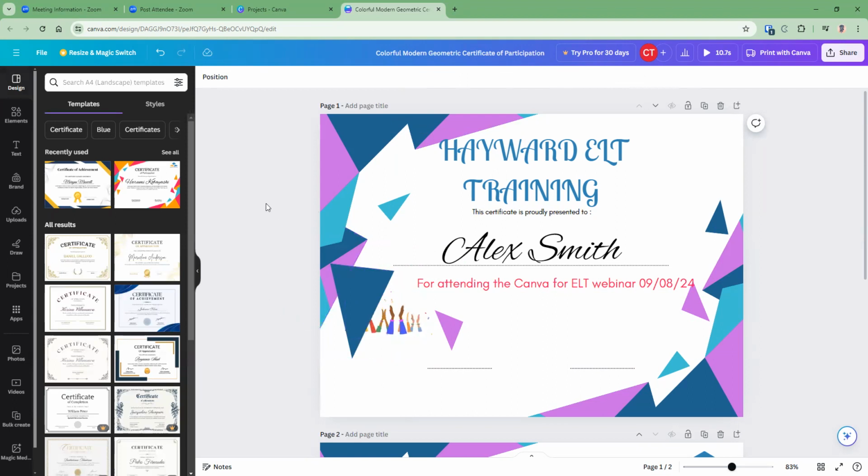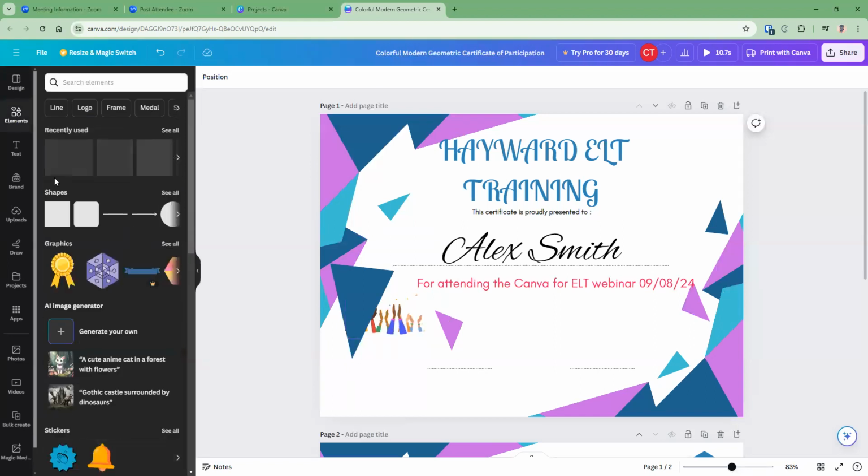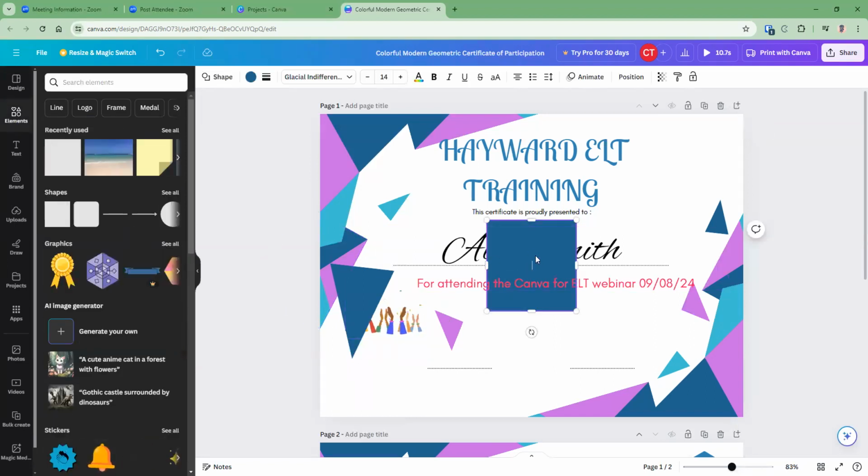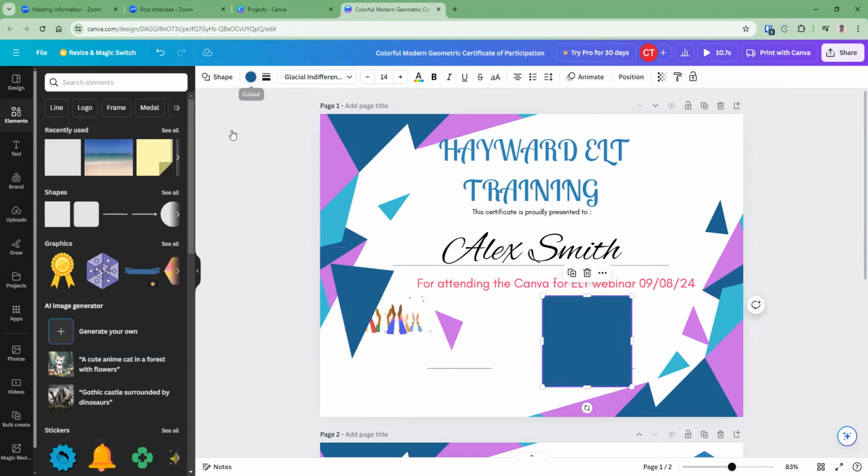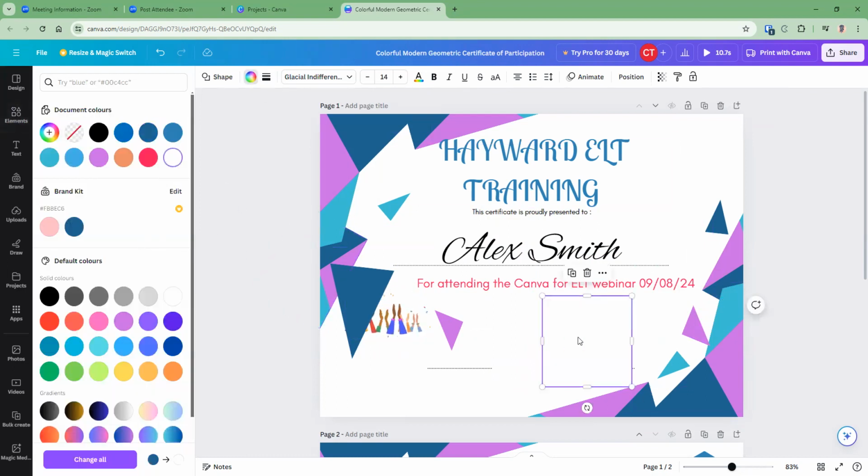In some designs that I've been working on lately with the British Council, I've wanted to actually hide some of the picture. So for example, what I could do for that is I could just get a shape. Okay, we use this blue square. Say I wanted to hide that date. I could make that square white. And then once I've made this square nice and small,